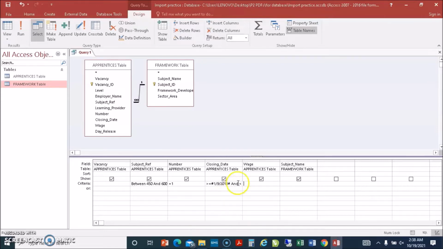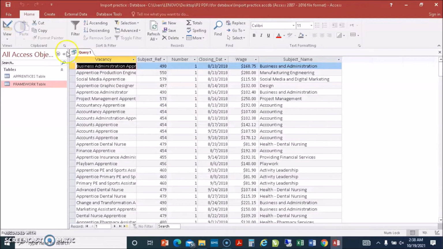This is an alternative to the between. I could have also said between 1 September and 30 September, but I've just opted to use the greater than or equal to and the less than or equal to. So in this case,